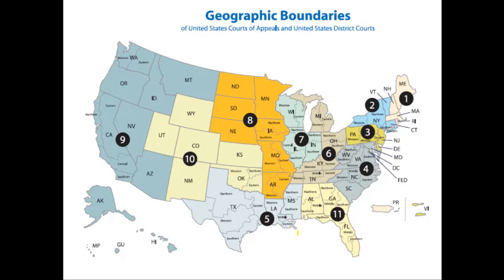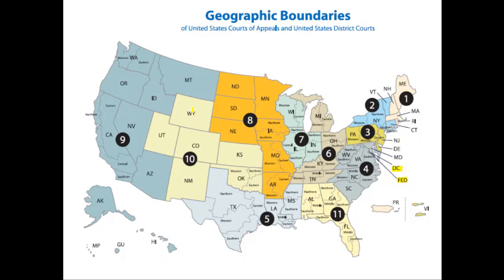Now, another thing to keep in mind is that in addition to these 11 Circuit Court of Appeals regions, we have 2 additional appeals courts. And both of those are located in the Washington region, which is, of course, the heart of government. So you've got a lot more activity going there legally with respect to federal law. Therefore, you have a D.C. Court of Appeals in Washington, and you also have a federal Court of Appeals in Washington. That's where a lot of federal court cases are filed or appealed to, because that's where the seat of government is.